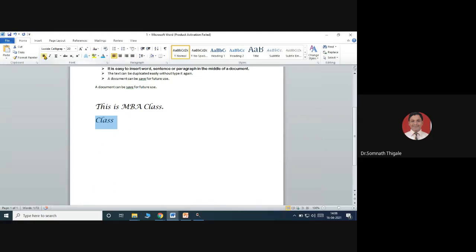Then you can make it bold. Same thing, I can just copy paste over here so that you will understand the difference. If I remove the bold, see the difference. You are able to change the class. Then if you want to make it italic, just select this and click over here, the italic. Only the text's inclination with the baseline is going to get changed.